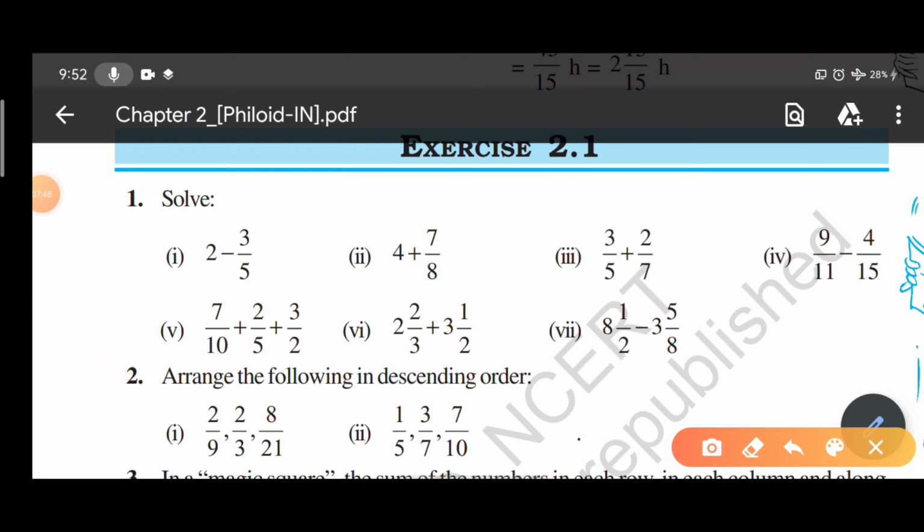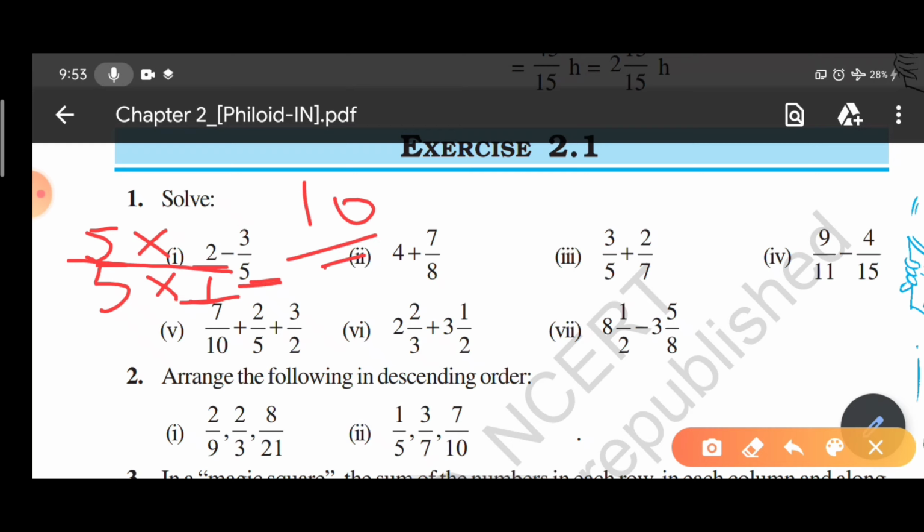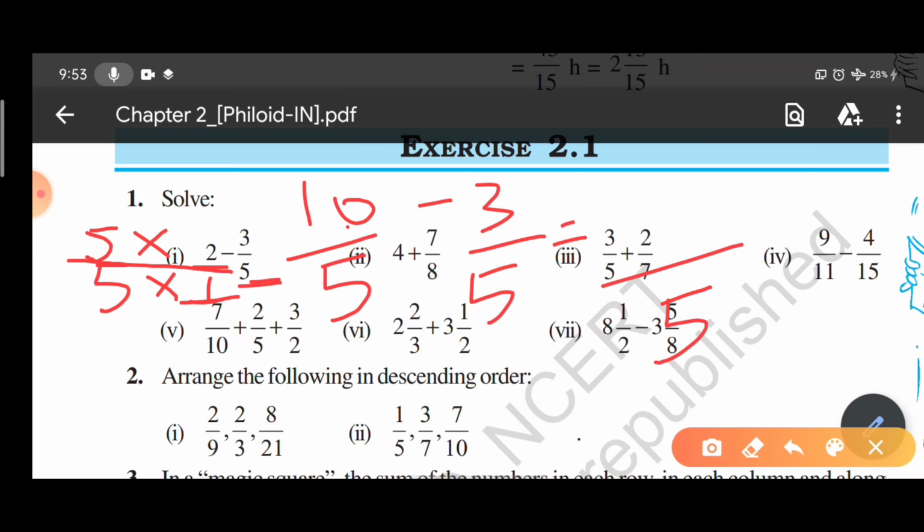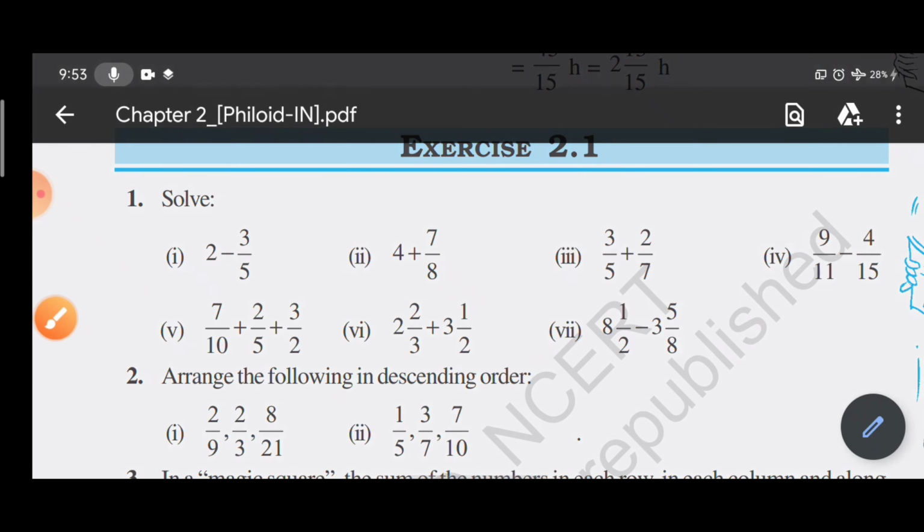Here you have to keep in mind, when nothing is written in the denominator, 1 is already written there. So here it is 1 and it is 5. I need to make both the denominators the same for solving my problem. So here I'll multiply it by 5, and do the same operation in the numerator as well. So what will it become? It will become 10 by 5 and then subtract 3 by 5. So how to solve it? Write the denominator one time and simply subtract the values over it. So 7 by 5. In that way you can solve all the questions.